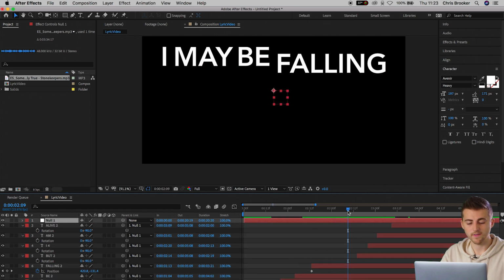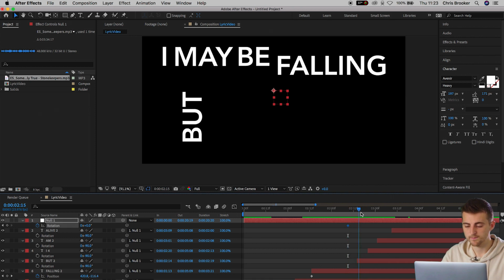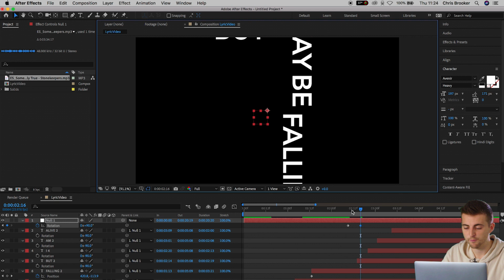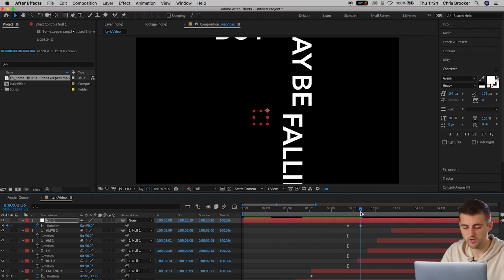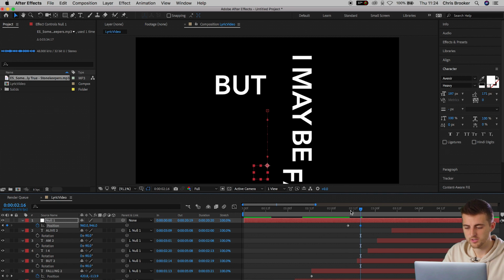So at the end of falling, we're going to press R on the keyboard to load up a rotation on the null, create a brand new keyframe, scroll to the right, and we're just going to rotate this 90 degrees. Of course, we might have to update the position as well, so go back to that first keyframe, press P on the keyboard to load up position, press R to find out where the keyframes were on the rotation, press P again, and we're just going to update that position. So if we watch this back,